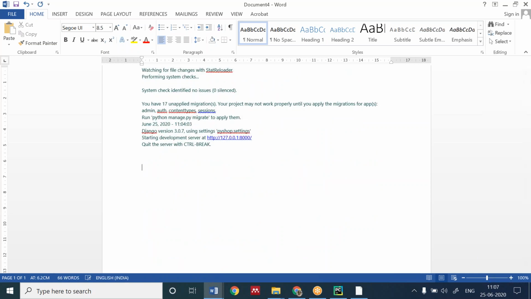To remove this error, what do I have to write? python manage.py migrate.